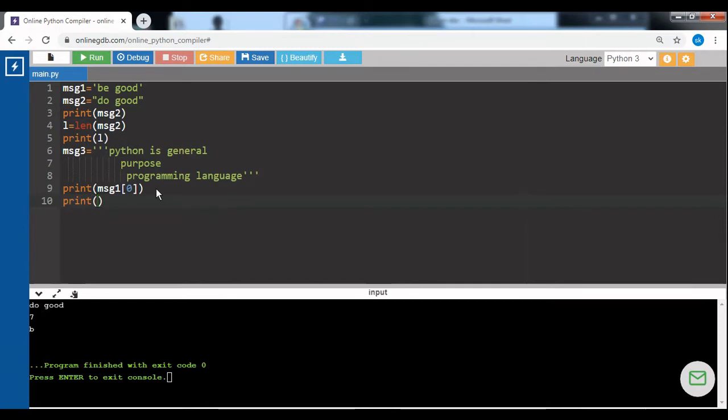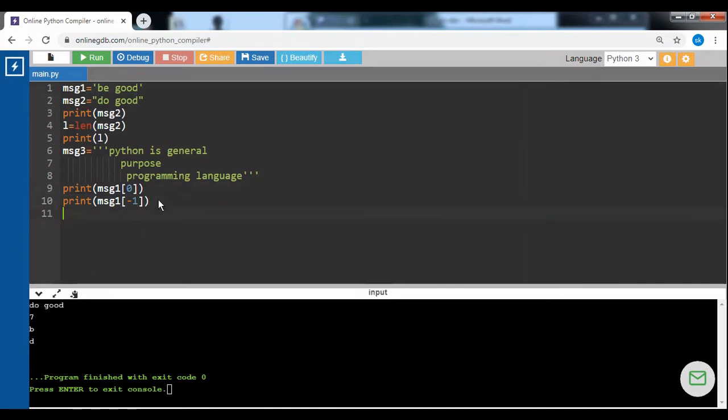So print message1 of -1. If I specify -1, I can retrieve the last value. What is the last value in the string? It is d. So I am getting d as the last value of message1.